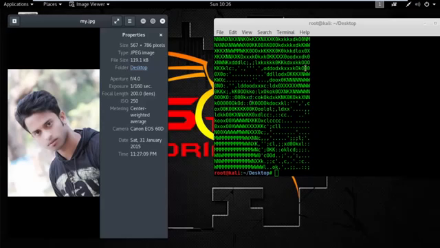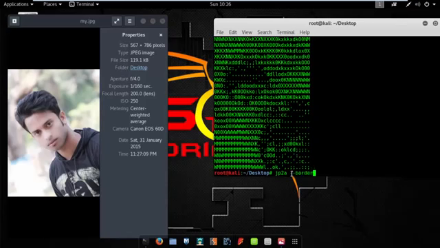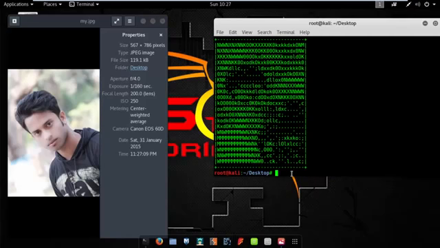Now let's make a border around the ASCII art. Type this command: jp2a --border, then your image name, then hit enter. See,